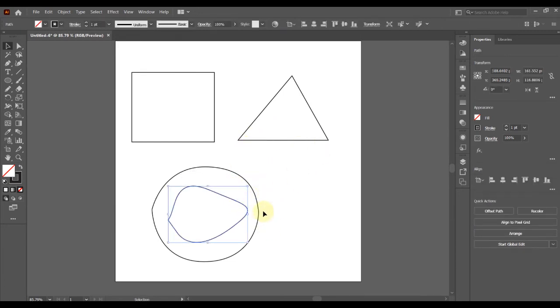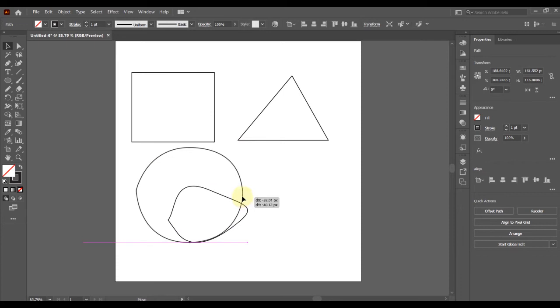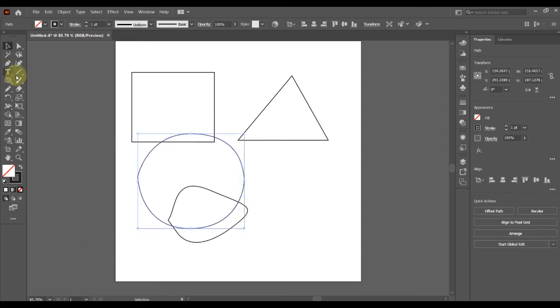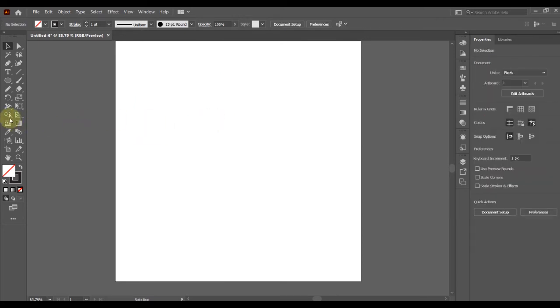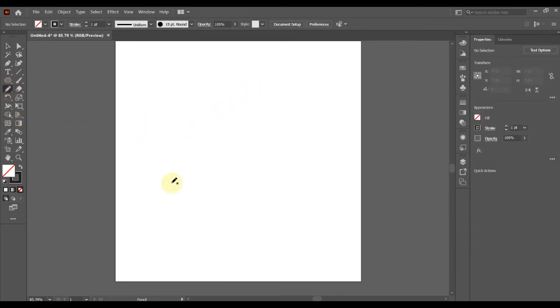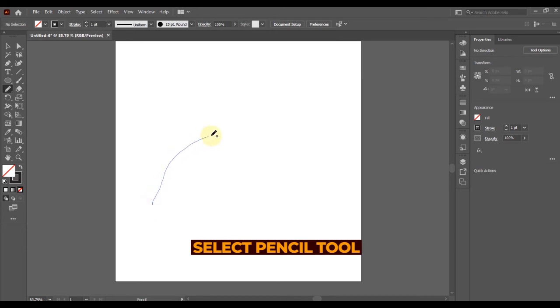So the next tool we'll be looking at is the pencil tool, which is found here, pencil tool. So first of all, go ahead and delete all of these which I created. Pencil tool. So with the pencil tool, it just gives you the ability to draw simple shapes